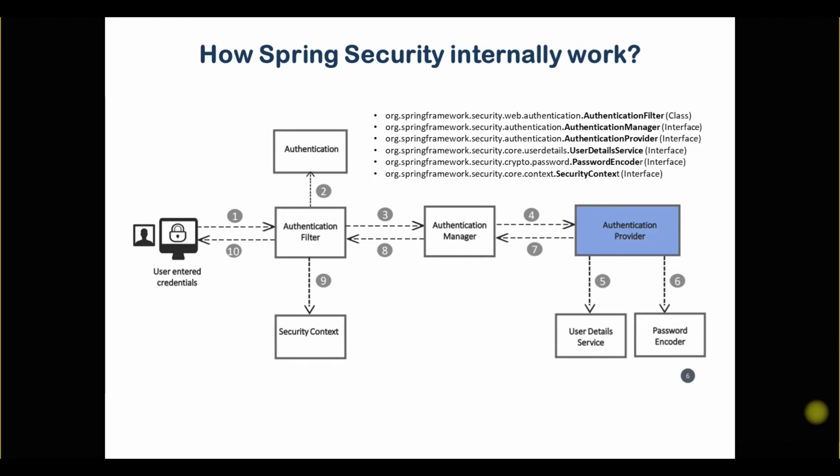When we hit the API a second time, all the details stored inside the security context are given back to the browser, and they will not repeat this security flow. If we pass the same security information, all this flow will not be executed, because we already validated the person using the credentials. So this is how security works internally.